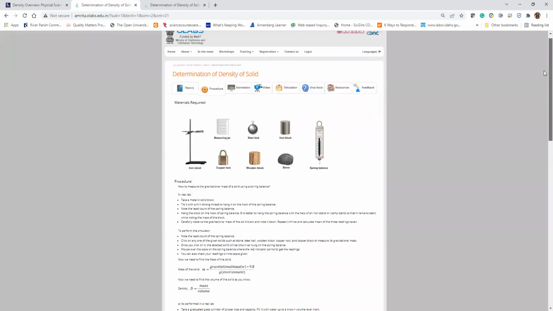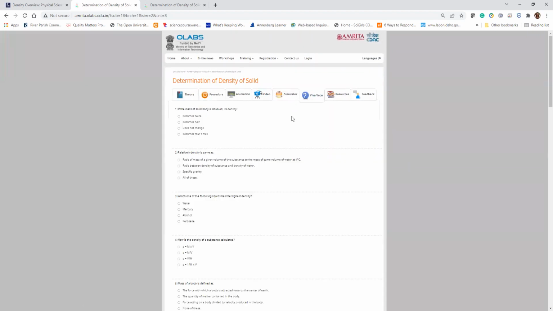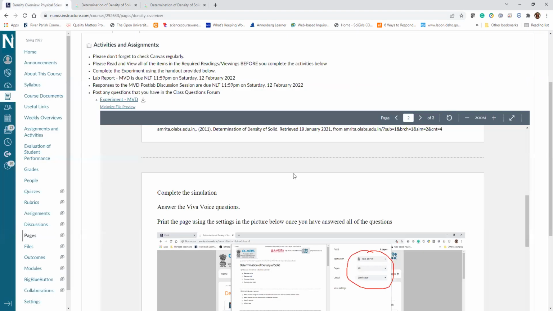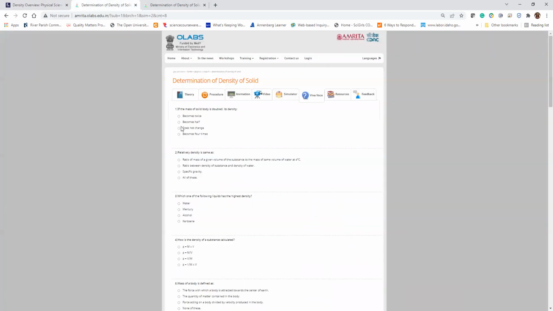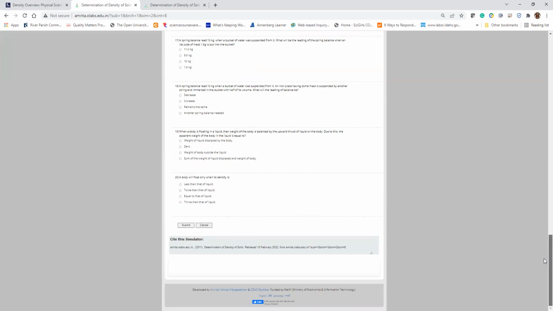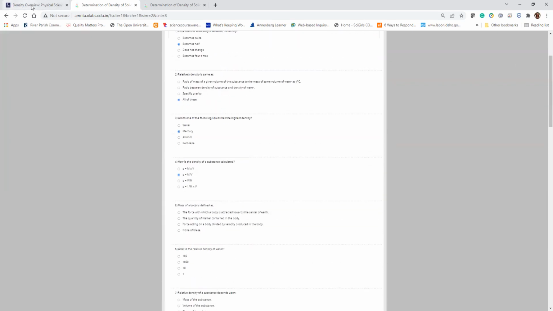So if you go back up here, Viva Voice. Okay. So after you've done all of these things, the simulator, answer these Viva Voice questions, print the page showing your answers. So for example, these are Viva Voice. So let's say I check that one. I don't have any idea if they're correct or not, but I'm just checking, right? You got a series of questions. Now, I don't tell you to submit,